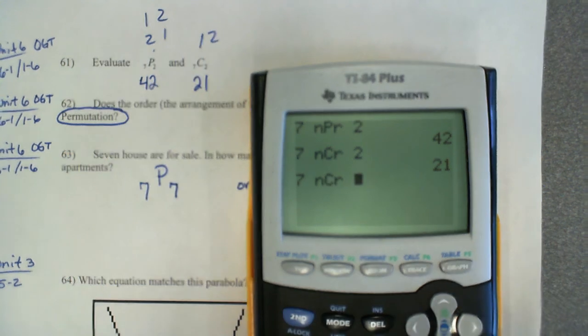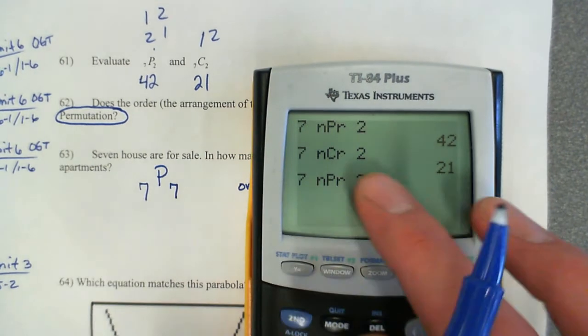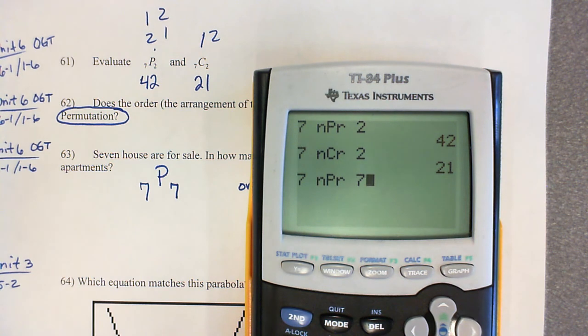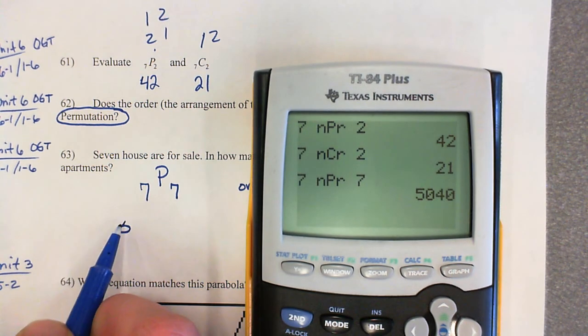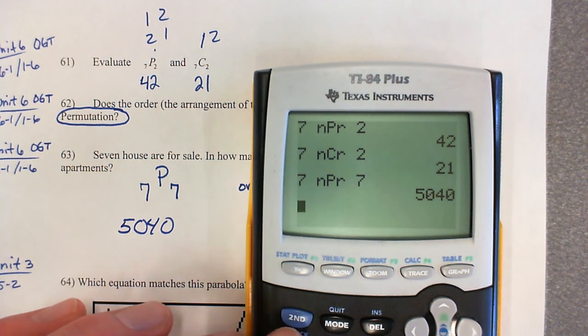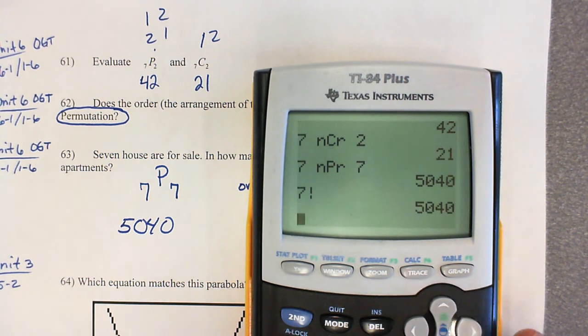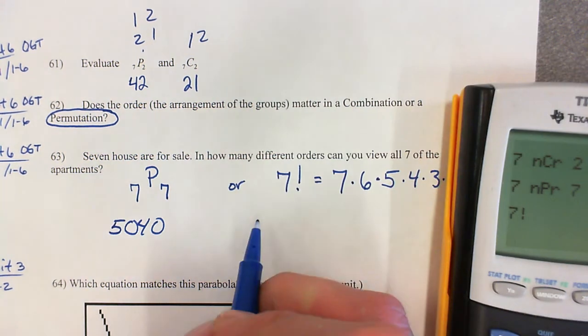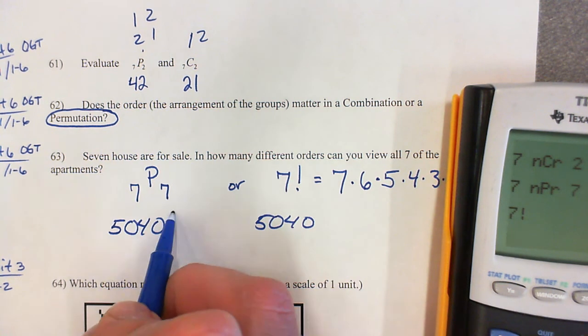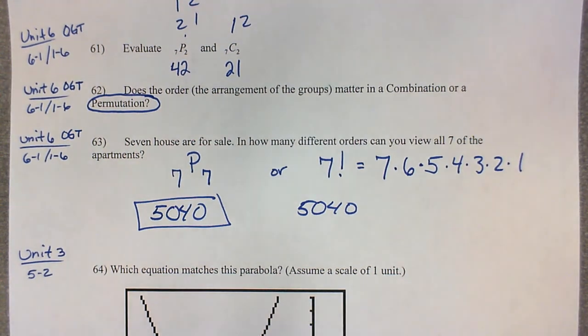So you can work it out as 7 factorial, or work it out as 7 permutations of 7. So if we do that, we already have that in our calculator, 7, sorry, let's switch that. 7 permutations of 2. Let's change it to 7 permutations of 7. We get 5,040. Or if we do 7, go to math, go to probability, option 4, you see those are the same numbers. Okay? So this is 5,040. So no matter how you do it, you get the same answer. Okay? So that's a review of combinations, permutations, and also the different types